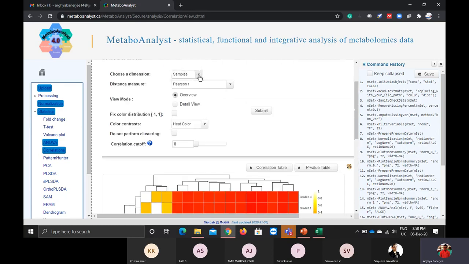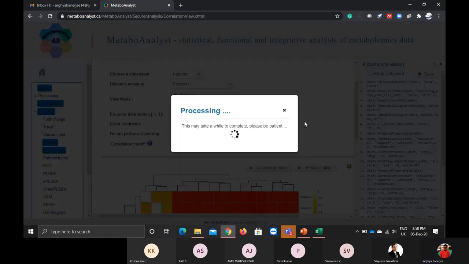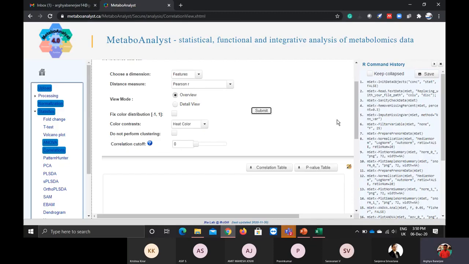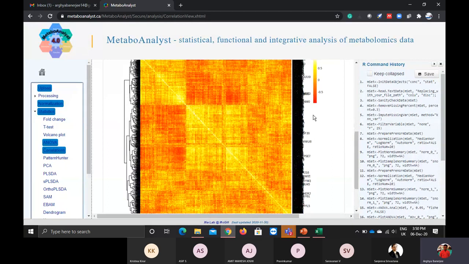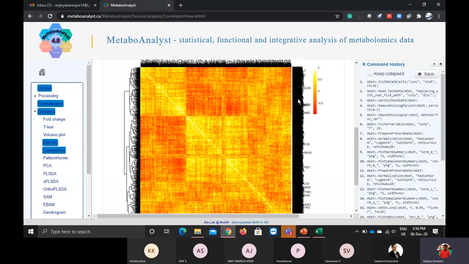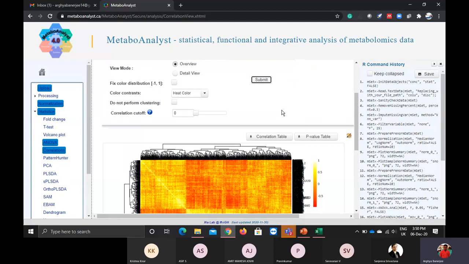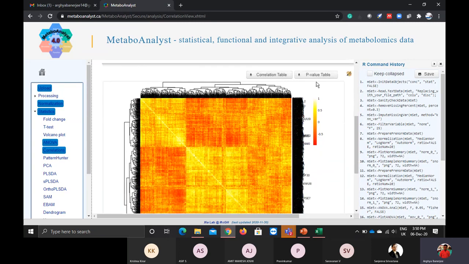And if you want to understand the features, like the proteins, you can do a summation of this. Just a minute, it will be coming in time. Yeah, so you can see this is very dense, whether the features are 3000 or 4000. But in a detailed view, you can download the correlation table and see it individually in the Excel sheet. You can also download the p-value table, the correlation r value and the p-value.